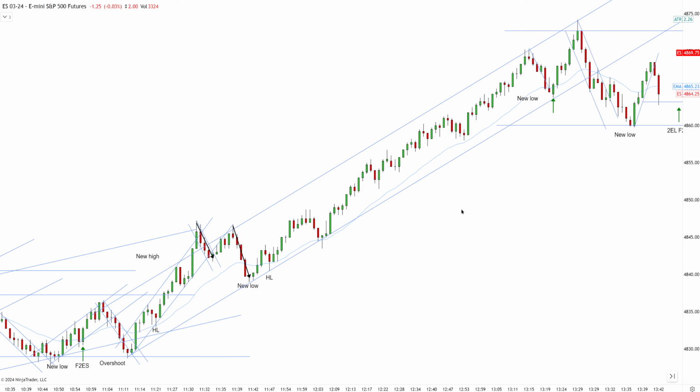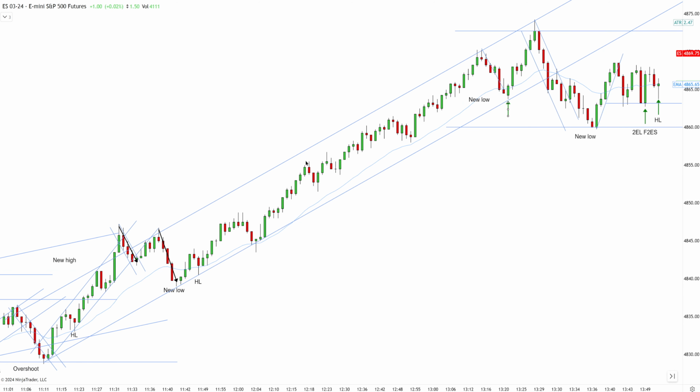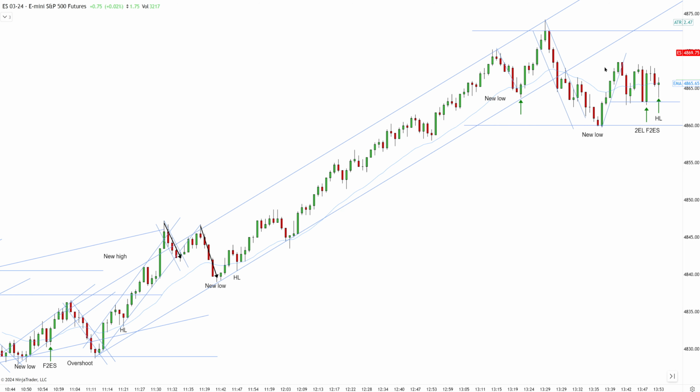What does it mean? It means that there are very tiny pullbacks. You get very little chances to enter, and you can see new high, first entry long, new high, first entry long, new high. This is why I'm marking this first entry long green, because when you're trading such a strong trend where the bearish pullbacks are just so tiny, you will not have chances to enter as you want, and you really need to be looking for any tiny triple test, double test, failed breakout, anything that would justify taking a first entry. And we have two key entry points, the main channel here and the EMA, so decent entry.